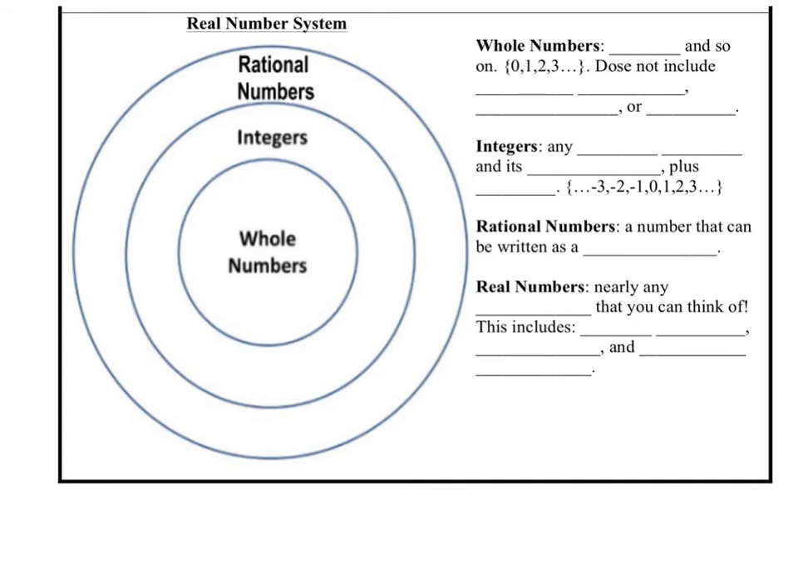All right, now let's go ahead and talk about the real number system. So I'm going to first start off by defining some new vocabulary words. And actually, some of these you've already heard before. So whole numbers, we've heard of these before. That is going to be 0 and so on. So 0, 1, 2, 3, 4, 5, 6, and so on. It does not include negative numbers,